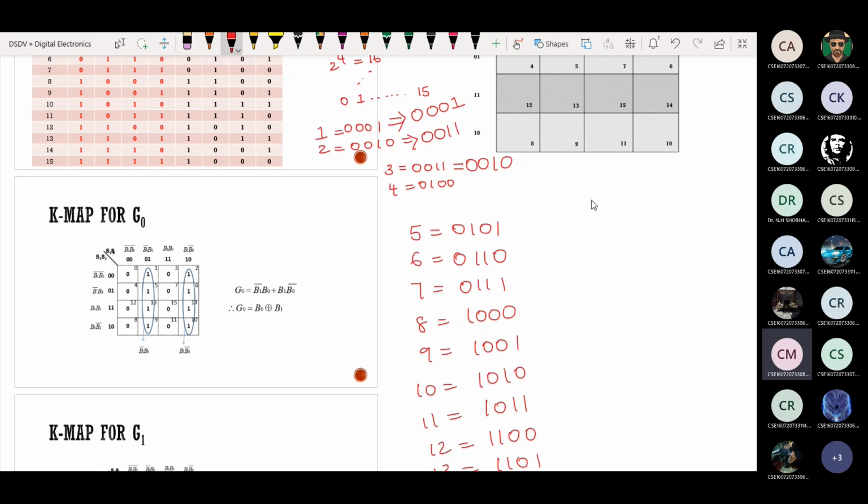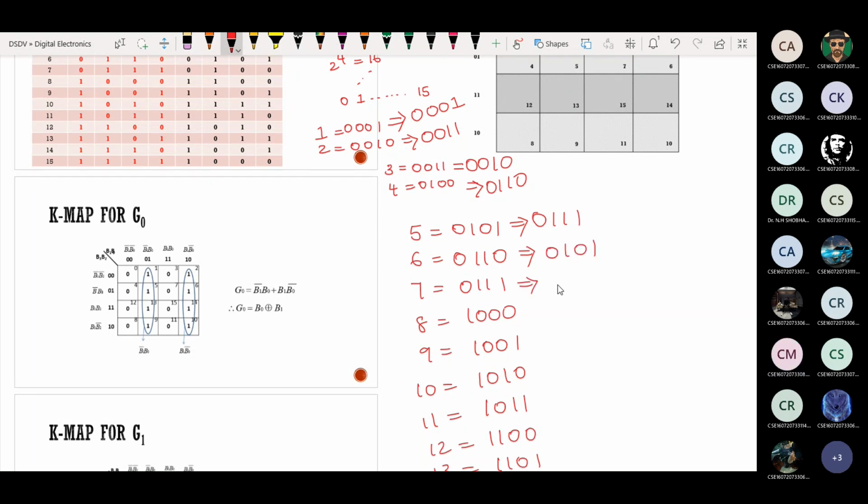Next for 4: 0110. For 5: 0111. For 6: 0101.